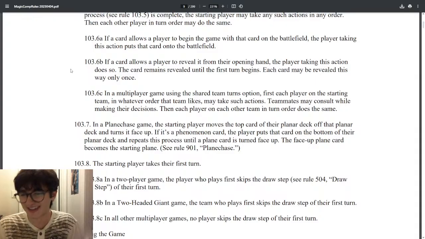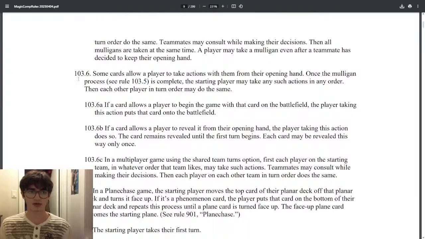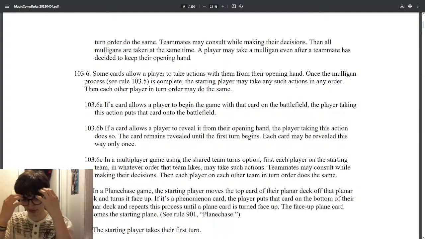Such actions. Teammates may consult while making their decisions. Then each player on each other team in turn order does the same. So these actions are the 103.6 ones, where you can take actions from your opening hand. It's like, if this card's in your opening hand, you may reveal it.